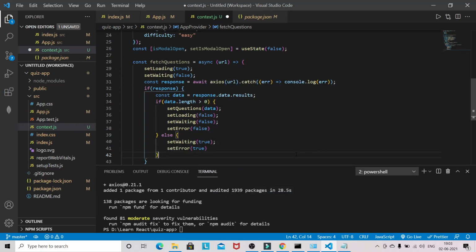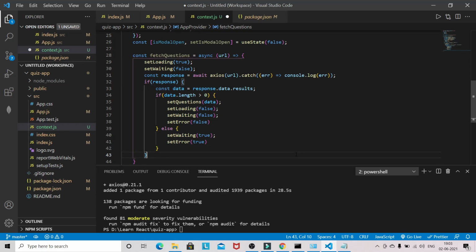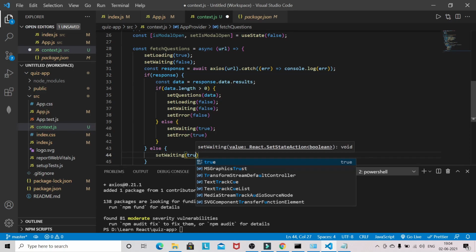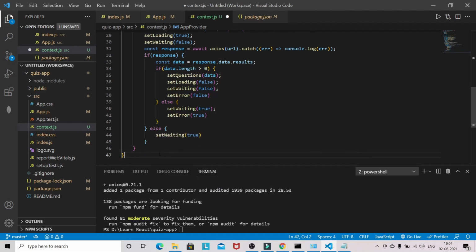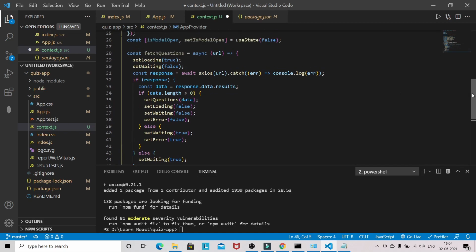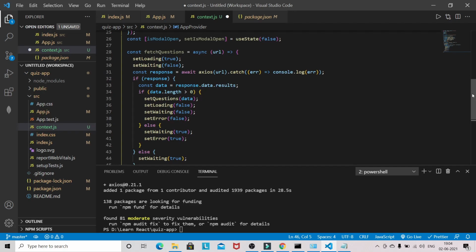Okay, and this is the else part. We need to write the else part for this one also. So here setWaiting will be true. So we have written the function to fetch the questions.